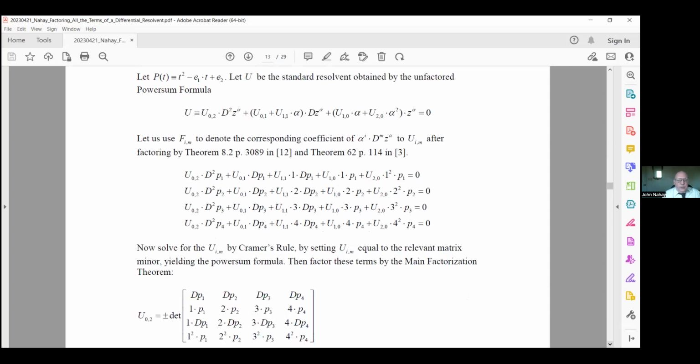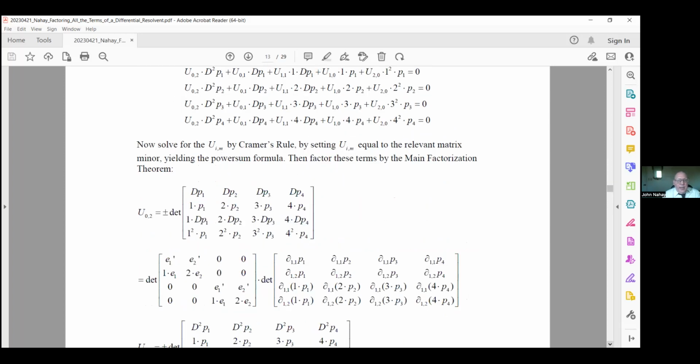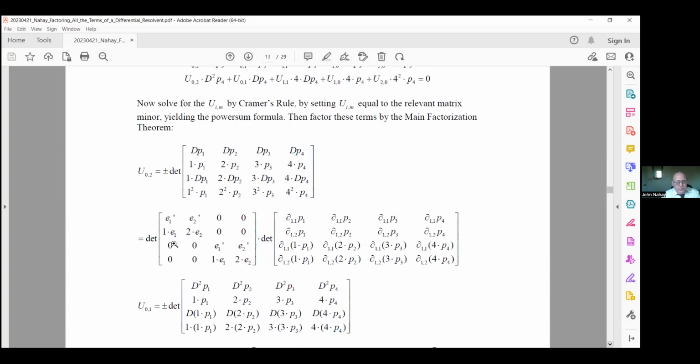And so this is what, here's U sub 0, 2 equals, and here's how it factors. It actually happens to have 2 factors of this E1 prime 2E2 times E minus E1 E2 prime times this matrix of these